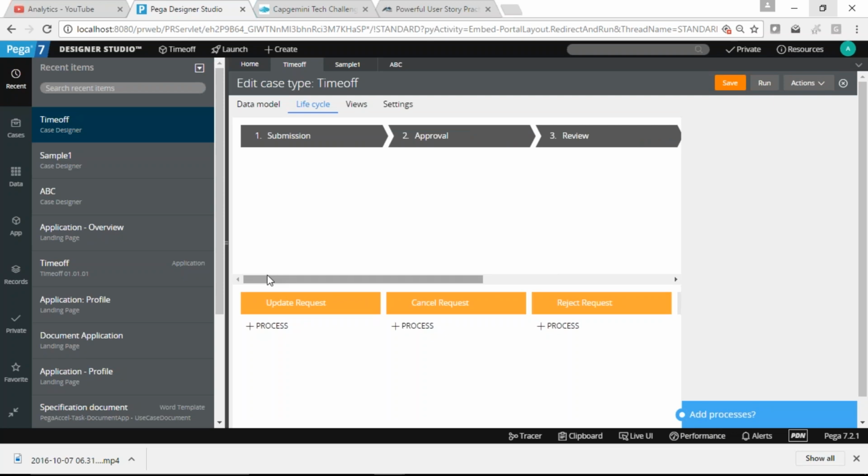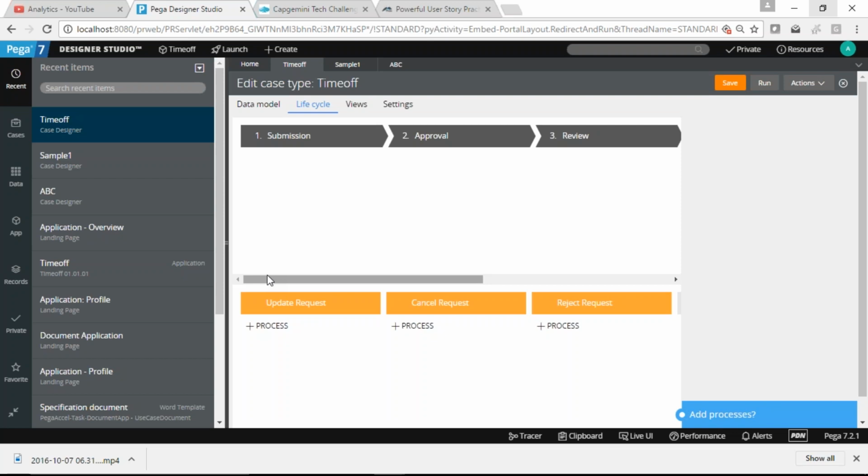So these stages are linked to some internal code which the developers can make use of, or is this just for the business analyst only? There is no code required. This is for everyone. For the developer also, everything is automated in Pega. He doesn't need to do any coding.